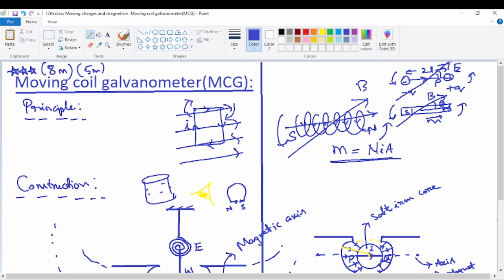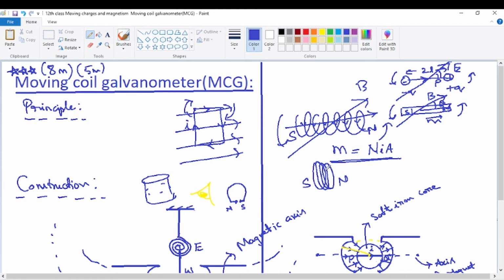But what is the axis? Just see here. The axis passes through the two poles of the coil. What are the two poles? The two sides of the coil. Now imagine the coil is a lengthy coil, but all the turns are close together, almost like a plane, and its length is negligible. Then this is one face, the south pole, and this is the other face, the north pole.